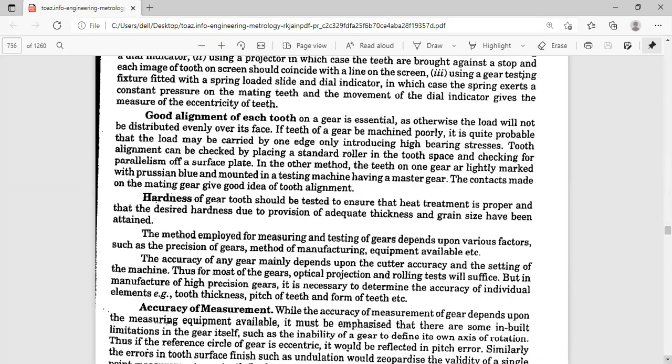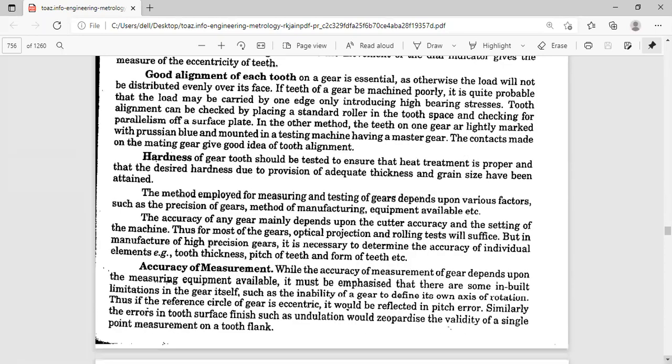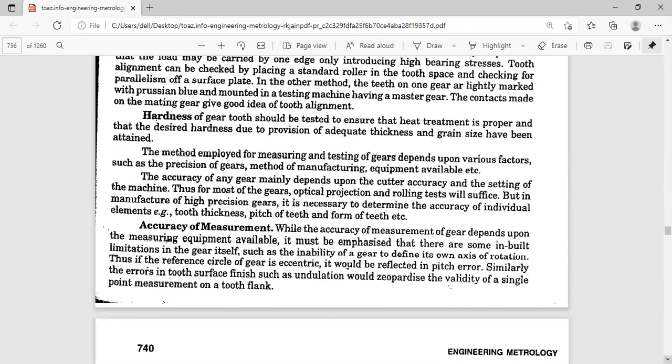So tomorrow we'll go for gear tooth thickness measurement by the two methods, the constant chord method and the gear tooth caliper method. The very important part of the syllabus as far as the examination and different sets is asking, as for the GTU. Just try to refer the old question papers for this one.